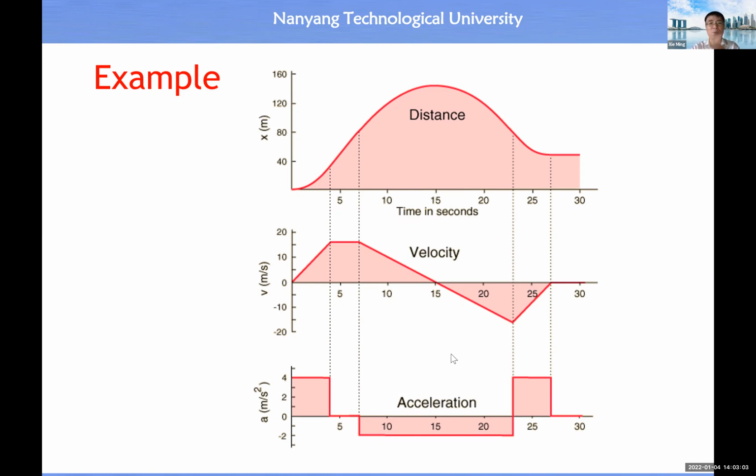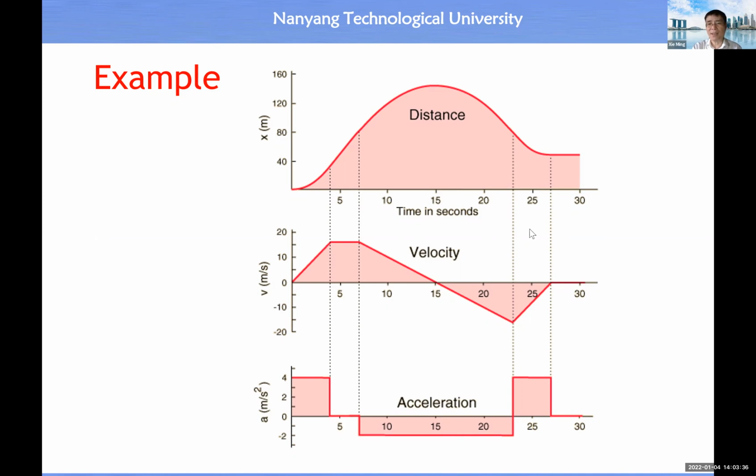Then you will see it's quite straightforward. Okay, so here you see we have a motion with a constant acceleration, where the velocity linearly increases with respect to time. And during this time interval, velocity is a constant, then acceleration is 0. Okay, during this time interval, velocity linearly decreases, then acceleration is a constant with a negative value, then it means